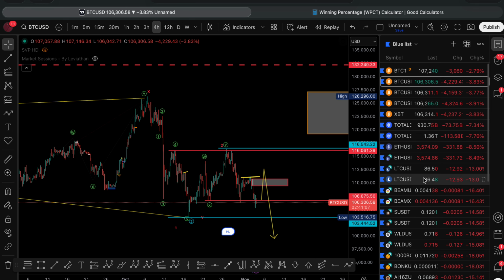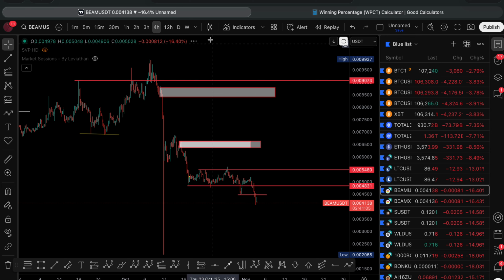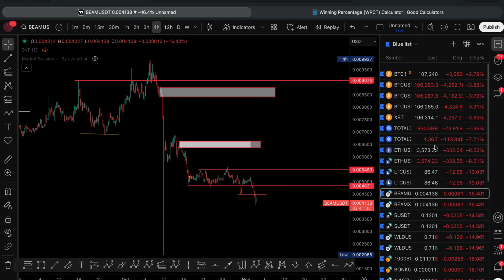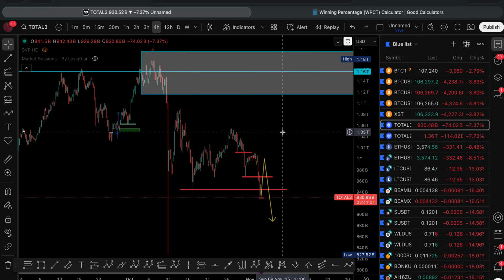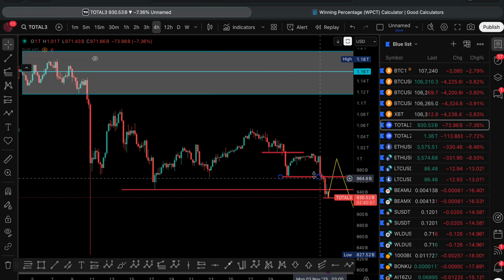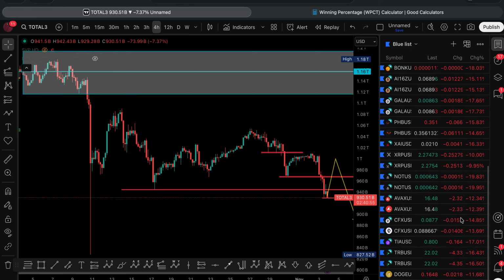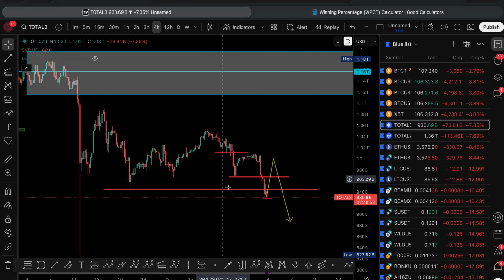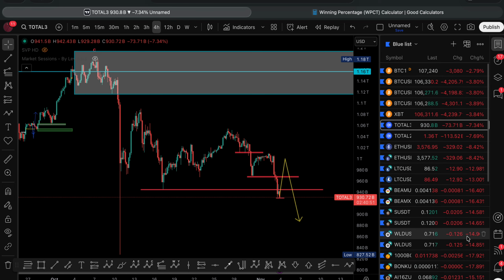So far, I see nothing good in the markets. All alts are pointing to the downside. So this tells us what's going to happen to alts. That's where they're dropping, as you can see. The total market cap is dropping, so all alts are red, right? So once this starts recovering, that's when we'll see a bounce in altcoins.